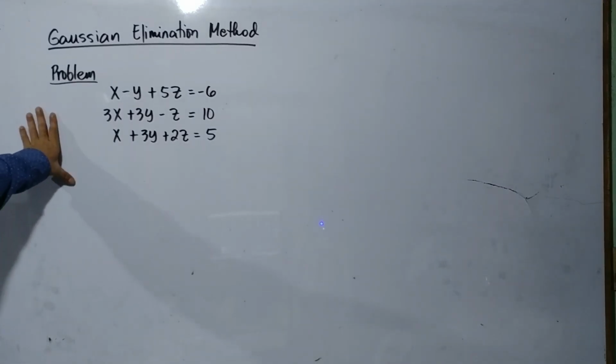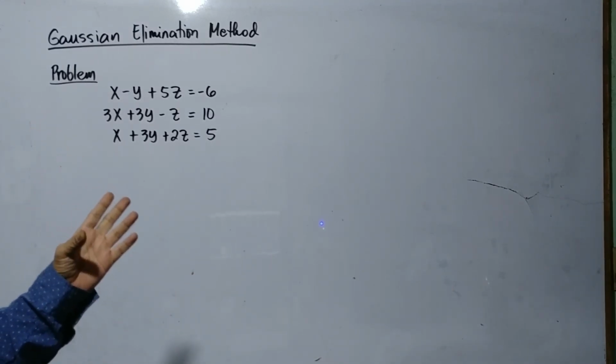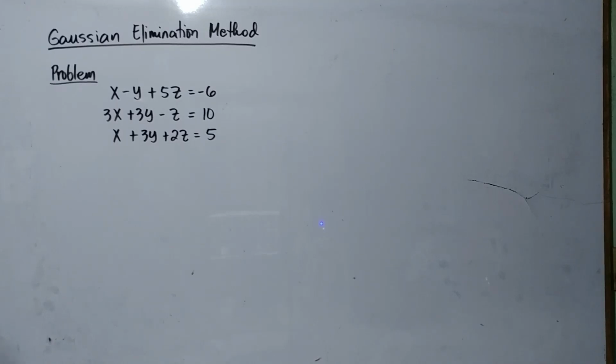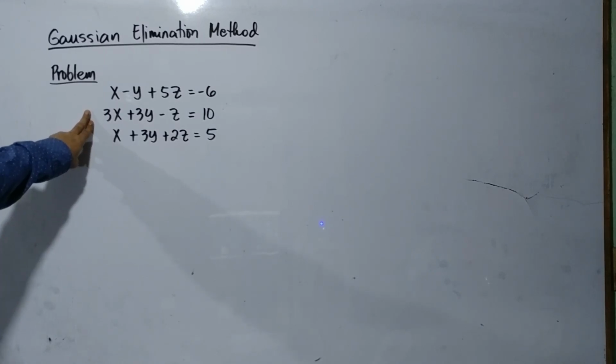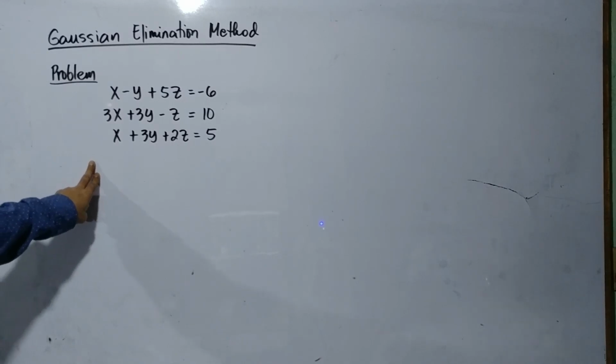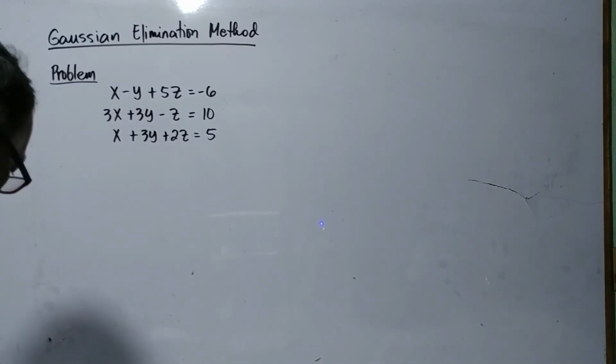Okay. Our topic for today is the Gaussian elimination method. This is one way on how to solve linear problems. So we have x minus y plus 5z equals negative 6, and 3x plus 3y minus z equals 10, and x plus 3y plus 2z. So to solve it,